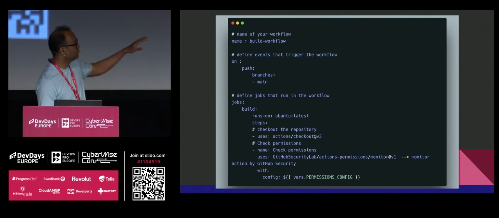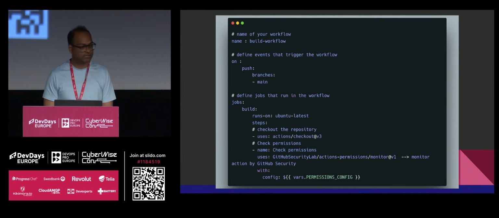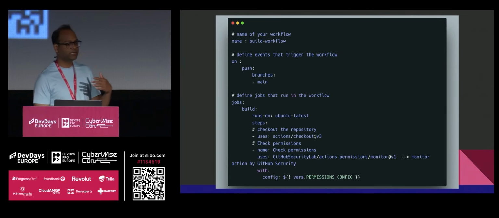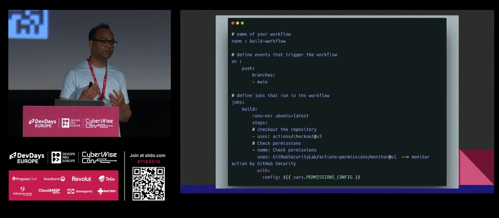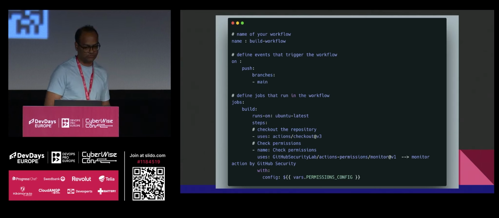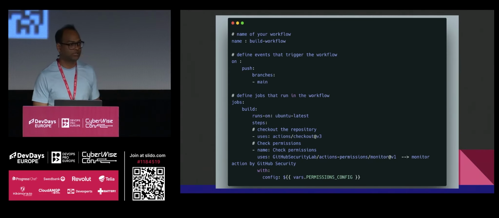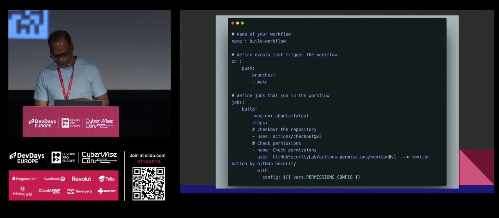So it can give you all the data. It can push it as part of your artifact, and then you can use that data to set the permission, or you can say fine-grained permission, to your jobs. So in case you're not doing this, I think you should go ahead and add it, so you know what level of permission you have and what is the minimum level of permission required for your GitHub action.